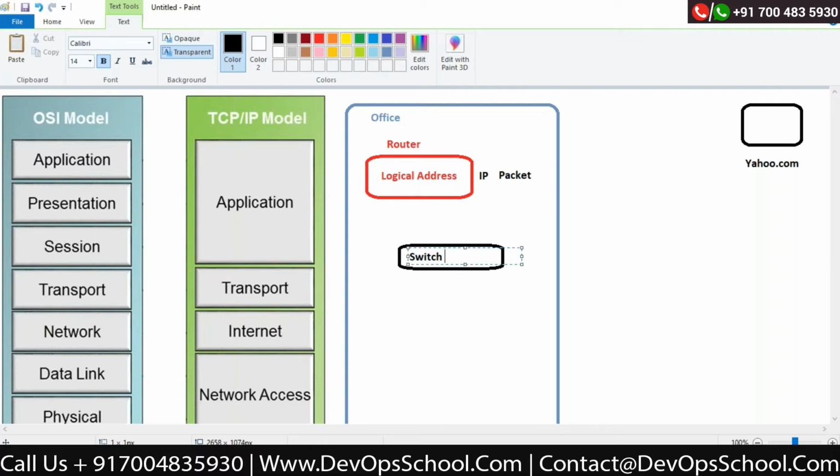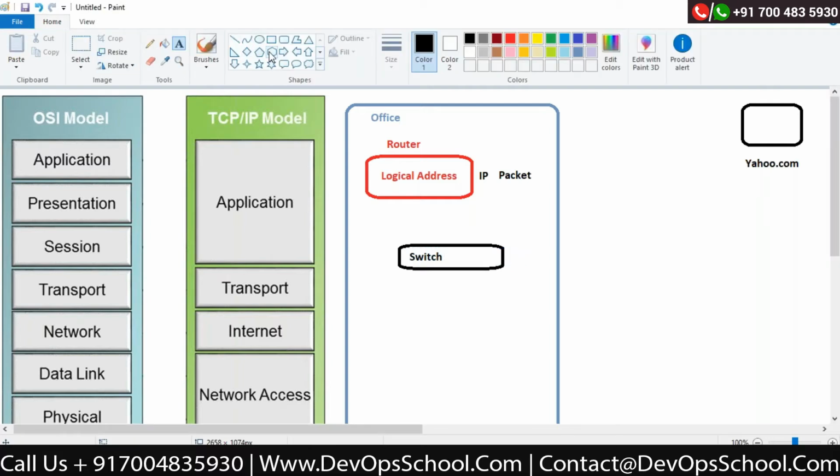This is my switch and this is my laptop. All these are connected through cable. What type of cable are we going to see? A Cat5 cable, or a UTP or STP cable. This is how it's connected. Correct? Now we know the journey so far, no problem.